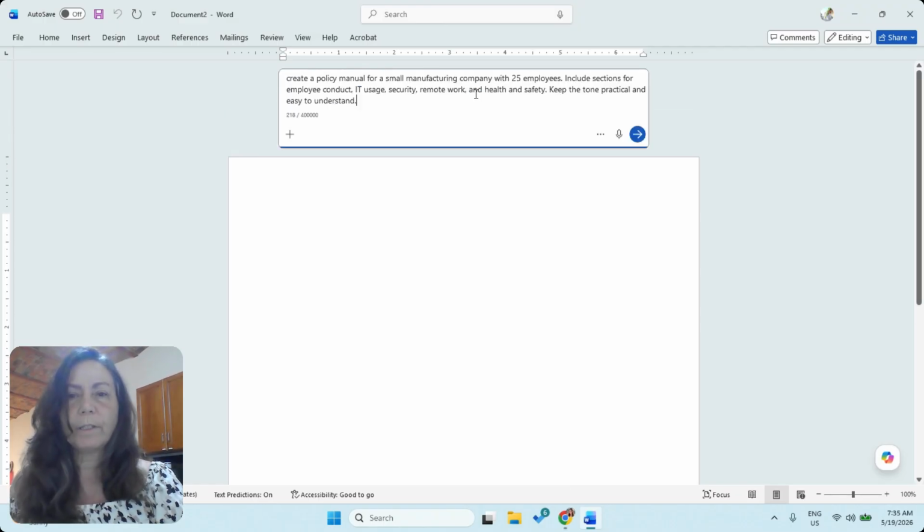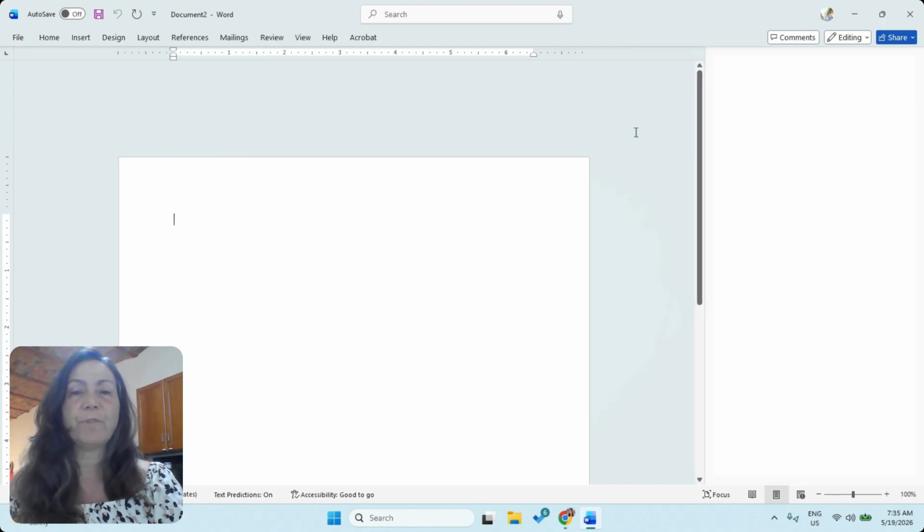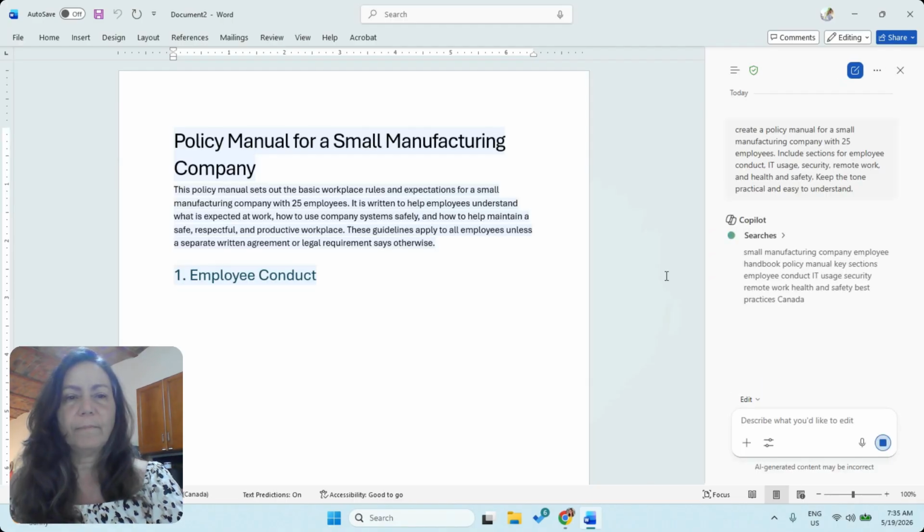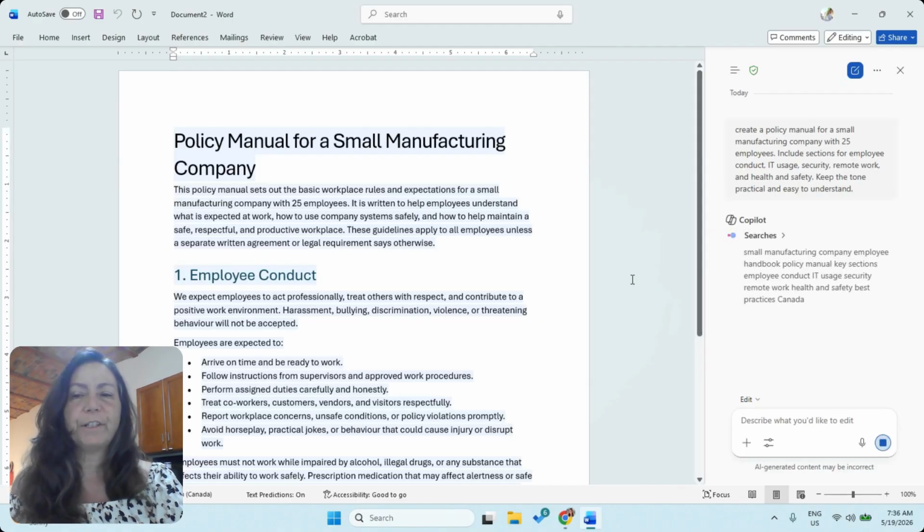So I have the prompt, and it's: create a policy manual for a small manufacturing company with 25 employees. And of course, you have to change this so it fits your company. Include sections for employee conduct, IT usage, security, remote work, and health and safety. Keep the tone practical and easy to understand. And we just let it run with that. And there we go. It starts creating the policy manual,